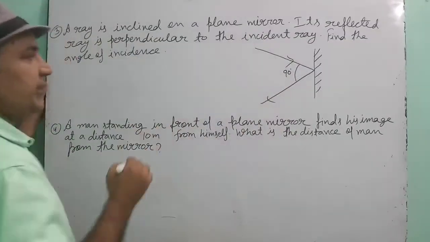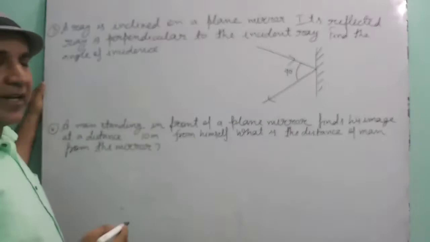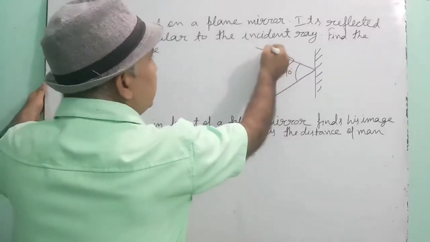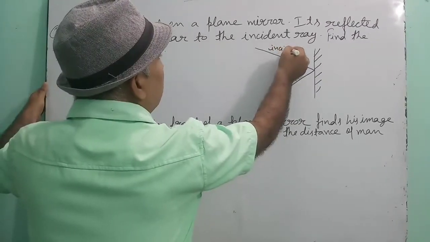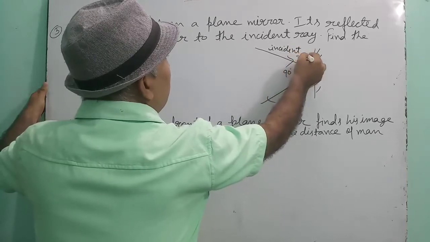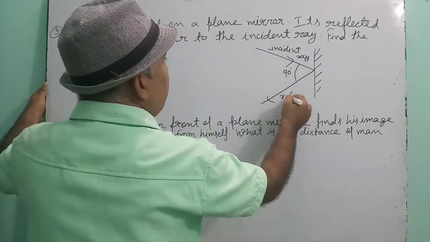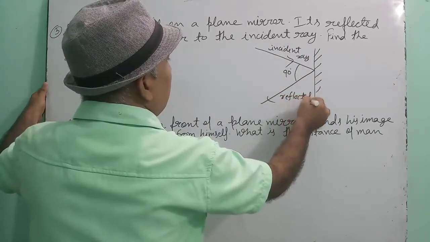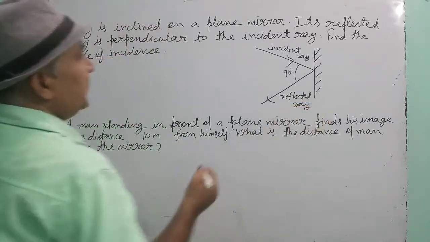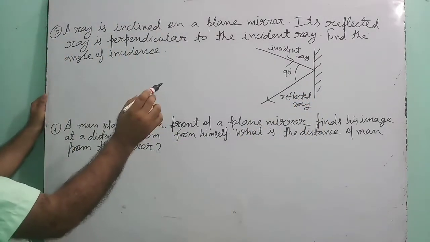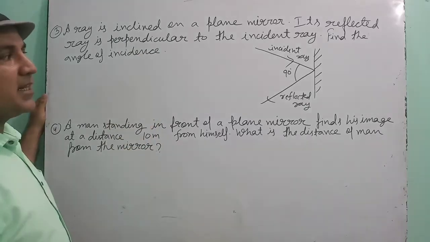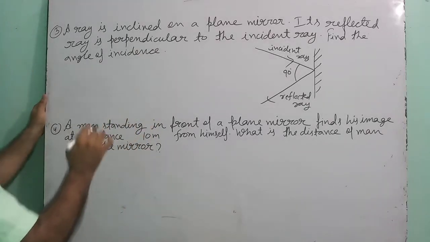Perpendicular means 90 degree. This is the incident ray. This is the reflected ray. And the reflected ray is perpendicular to the incident ray, then we have to find the angle